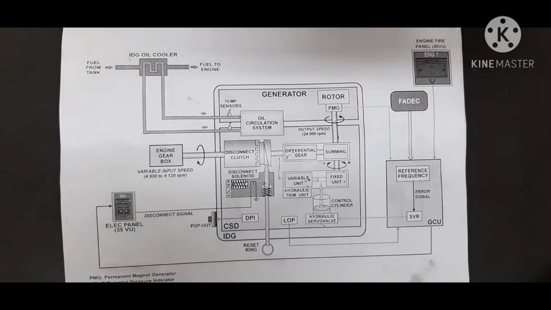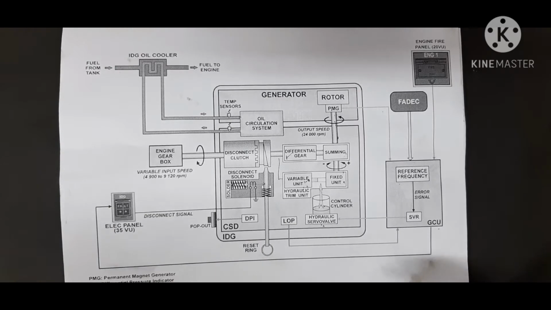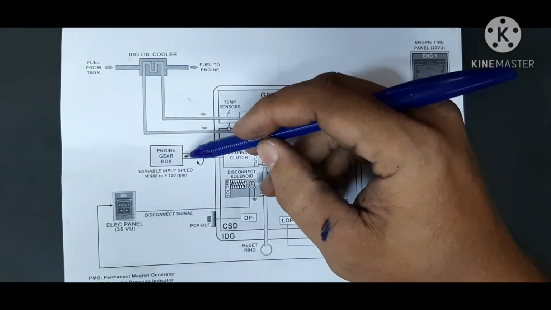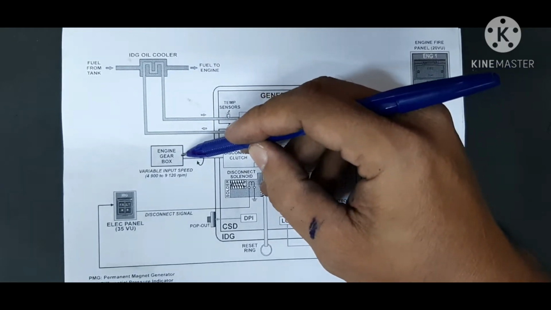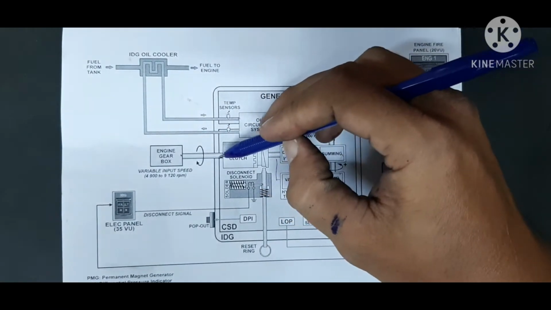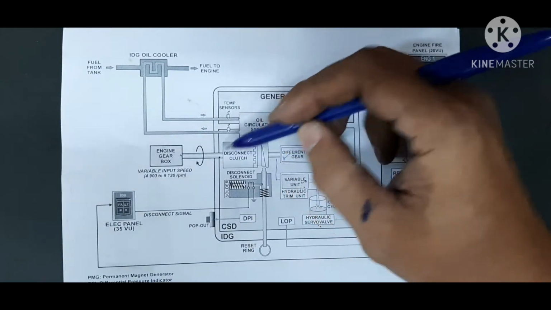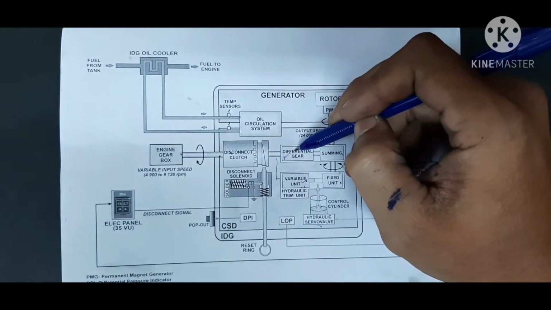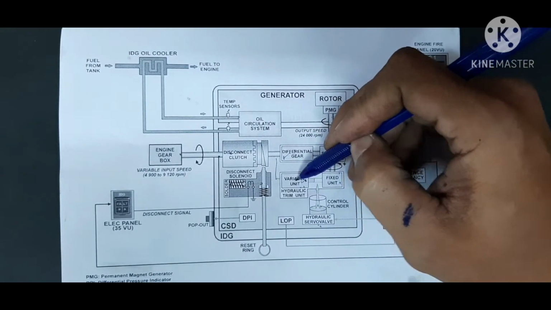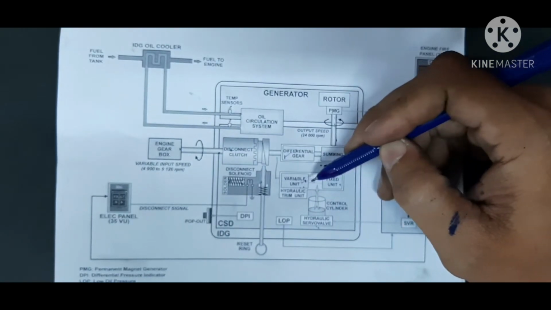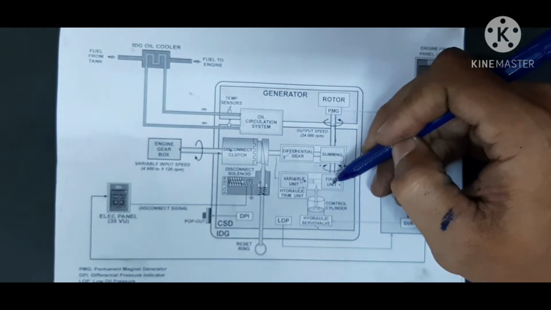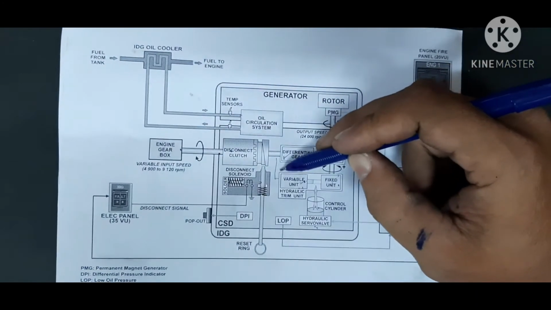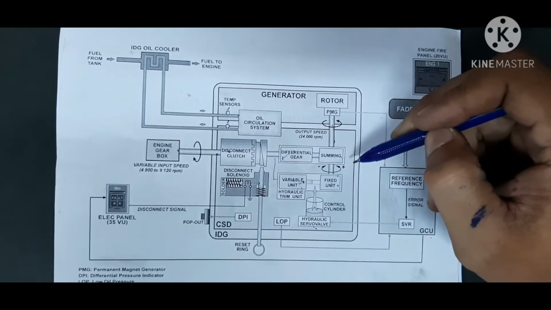Alright, here we are in the cold and nice room away from the apron. Now let's start from the beginning. When the engine starts to rotate, it rotates the gearbox, and in turn the input IDG shaft rotates as well. This tiny shaft then drives two things: the differential gear and the variable pump. The variable pump will drive the fixed motor, which is in overdrive all the time, because the input speed is always lower than the generator speed.